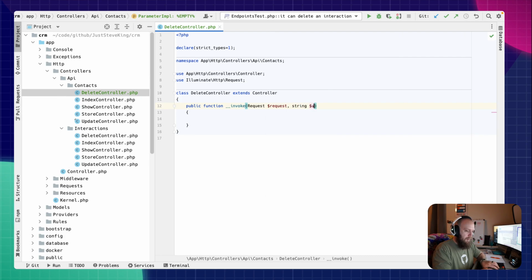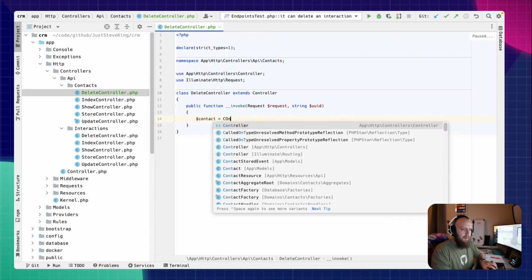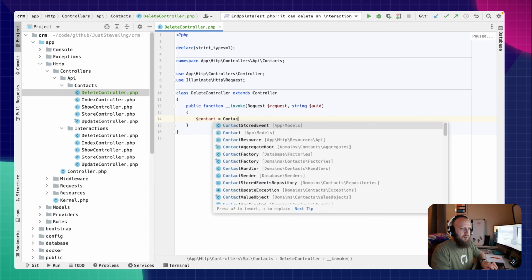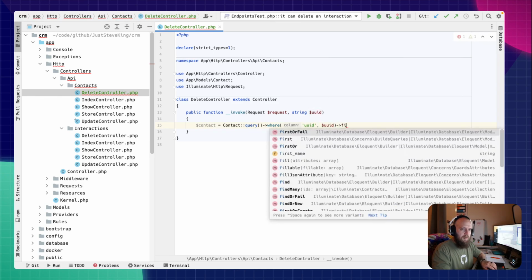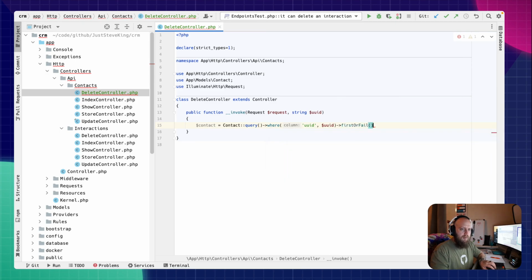And a string for the UID. Contact is a contact query where the UID is the UID, first or fail,